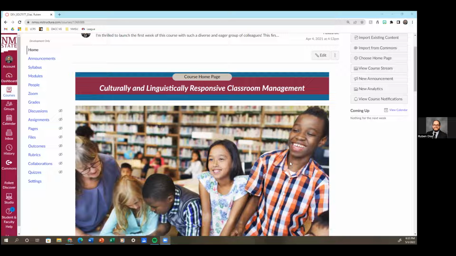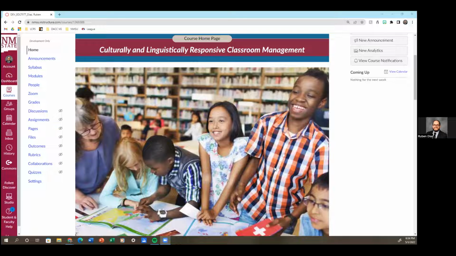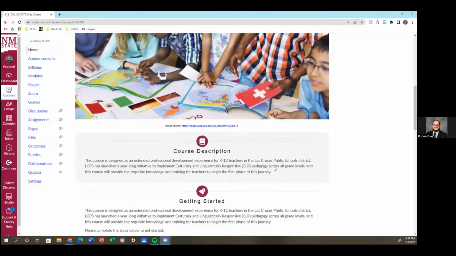This course hopes to teach pedagogical practices for valuing and bringing in students' cultural backgrounds and linguistic diversity to support them to make gains in the classroom.